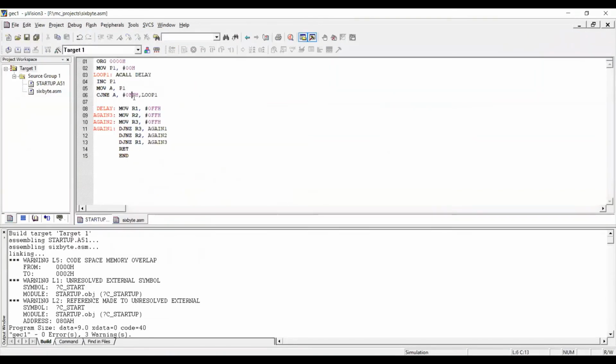Maybe we know that the maximum value we can have is this way. Maybe you want some other number. It has to count only till that much, and again it has to reset and start from 00, right? What you can do for that is, maybe I will type it as 10. So that will count from 00 to 10H here.